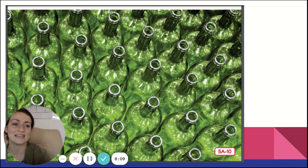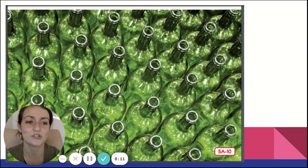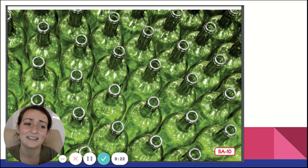This picture shows the inside of a bottle-making factory. These are freshly made bottles. They're so hot you dare not touch them, but they'll be cool and hard again soon. Recycling really isn't hard to do, but I'll admit that it does require a little bit of extra work. Recycling,